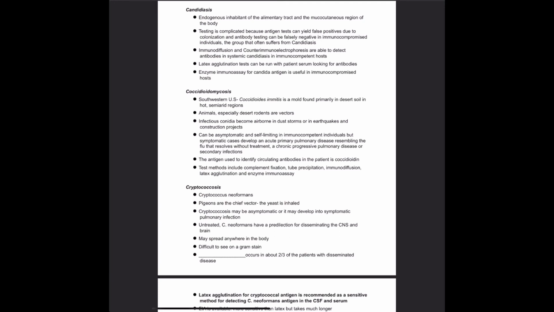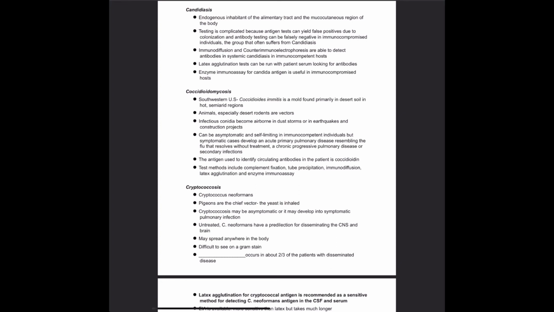Next is coccidiomycosis, and this is found in the southwestern U.S. C. immitis is a mold found primarily in desert soil in hot, semi-arid regions. Animals, especially desert rodents, are vectors, and the infectious conidia become airborne in dust storms or earthquakes or construction. You can be asymptomatic and self-limiting if you're immunocompetent,